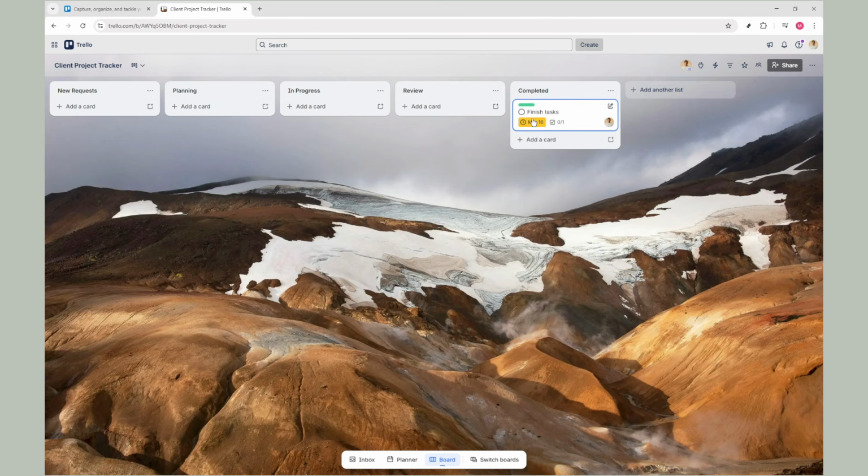This visual movement is one of Trello's biggest strengths because it lets you see project status instantly without digging through messages or notes. Review the board regularly to track client project status and make sure nothing is sitting too long